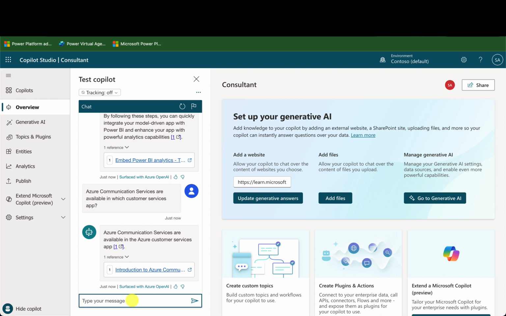Obviously, it's AI, so make sure you do validate the results you get back, but I do think you're going to find this an incredibly useful tool. So have a look at it. It's a great way to test out Copilot. It's a great way to use the Learn resources and bringing both of those together to ultimately help you with a Copilot for your consulting needs.